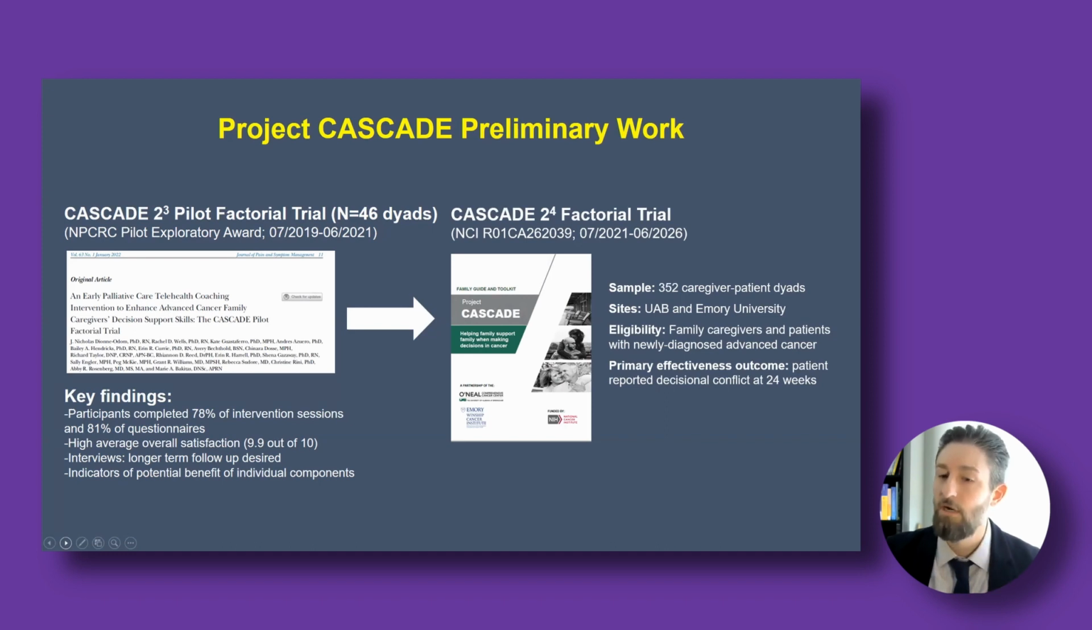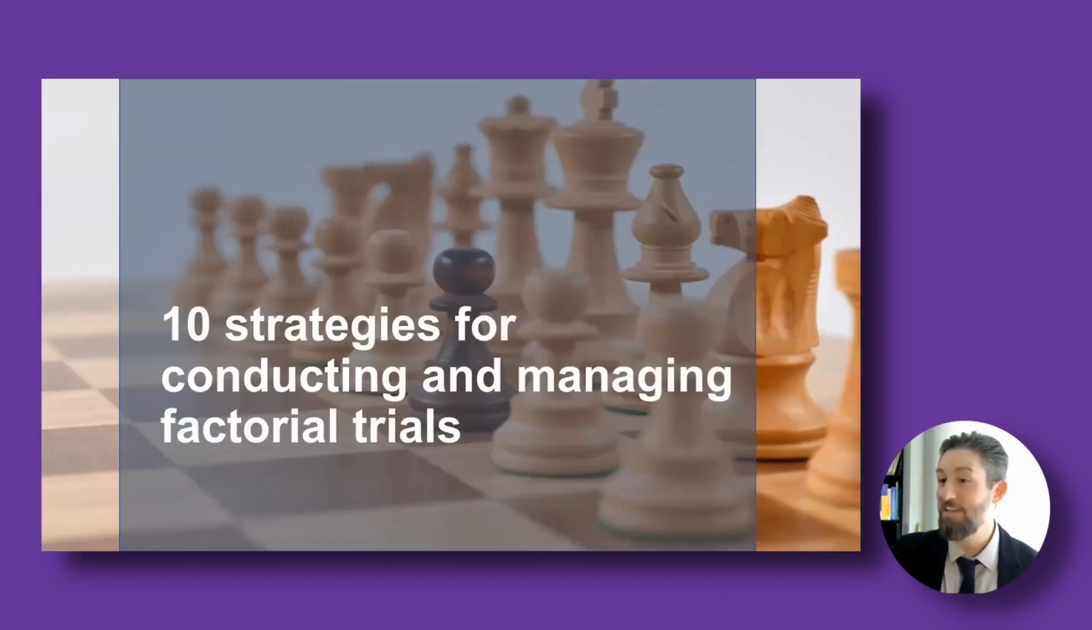And this is for a fully powered trial. Again, 352 patient-caregiver dyads. It's a 2-site trial, UAB and Emory University. And you can see that our primary outcome is at 24 weeks. So just giving you a flavor of the trajectory here of research for the time I started knowing nothing until now. I was just saying, in doing all this work from pilot to the full trial we're doing now,